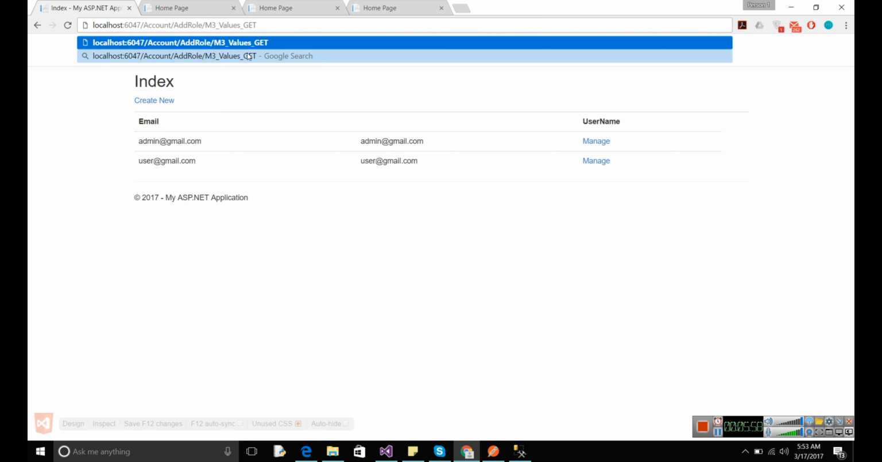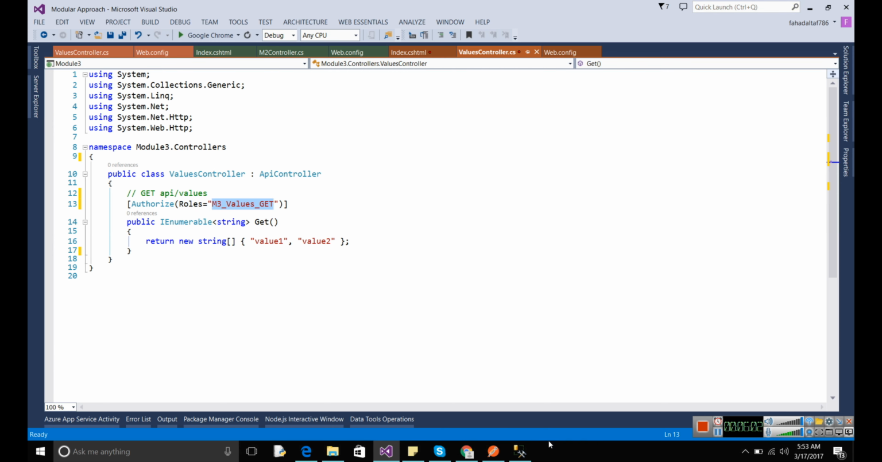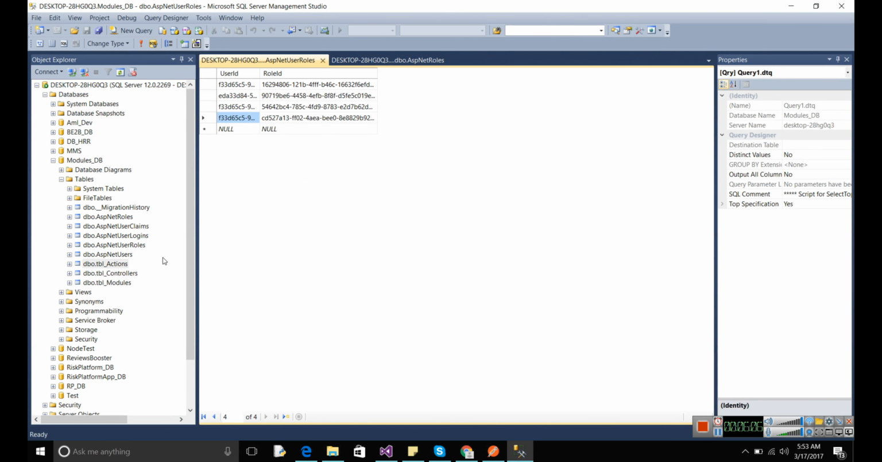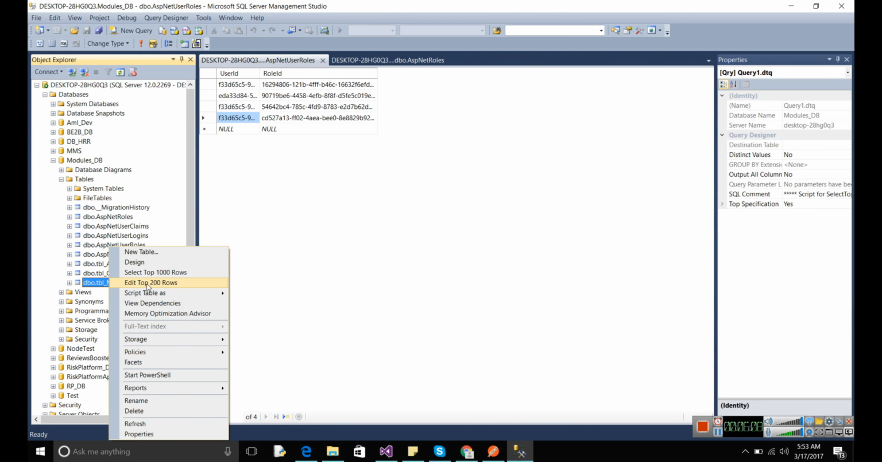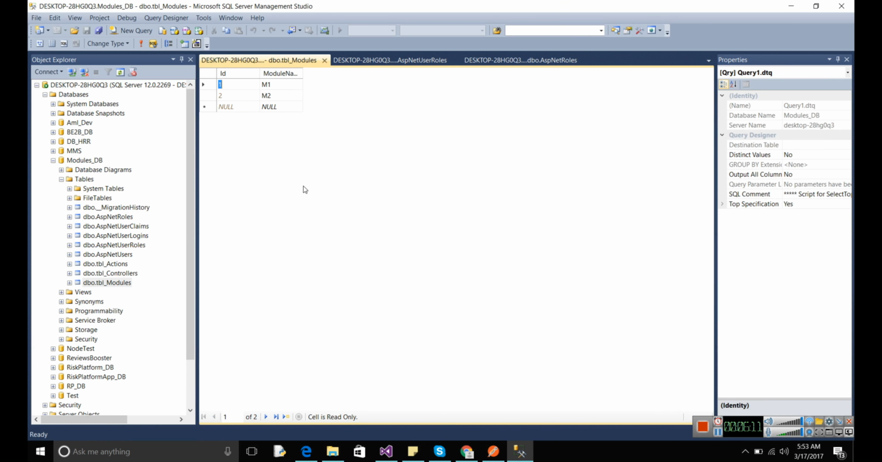Okay, before going to that, we also have to add this new module into our database. In modules we have a new module named M3. Okay, now this module